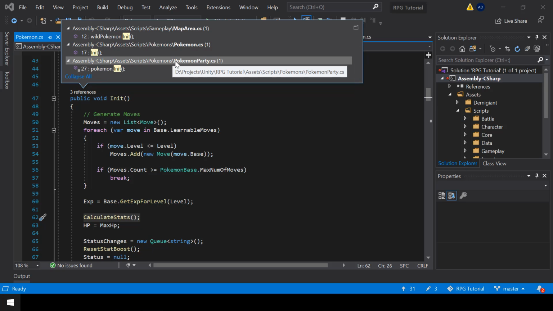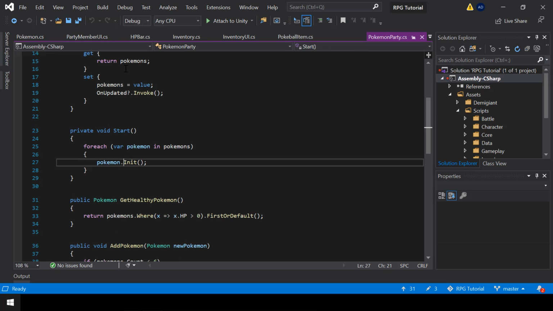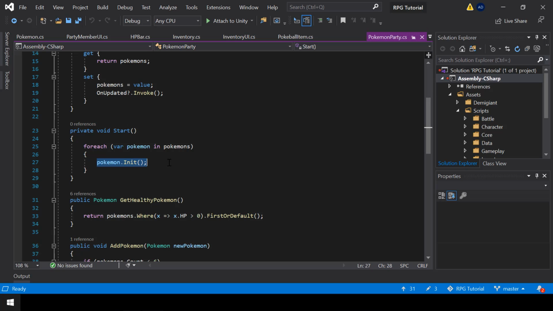So we can look at the reference inside the Pokemon party script. So here we are calling the init from the start function of the Pokemon party. So there is actually a chance that we might try to initialize the party screen before we initialize the Pokemon.